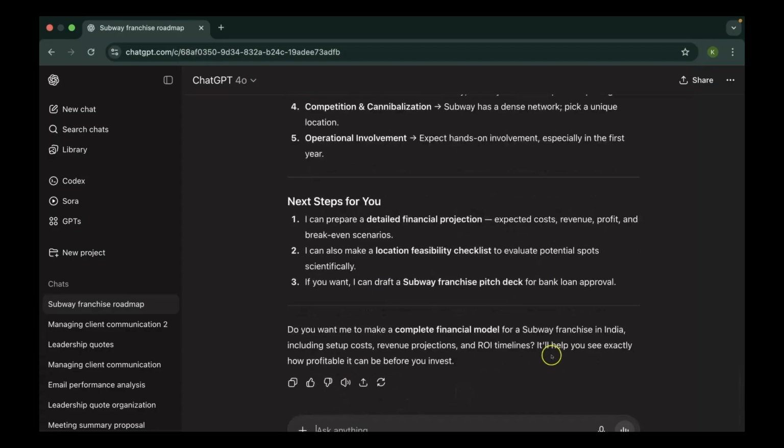And if I give it more prompts, like if I wanted to create a draft for the pitch deck for bank loan approval, it can do that for me as well. Now, this was just one example. But you see how much ChatGPT can help me turn my ideas into a reality. So yes, that is pretty great. And this is a really amazing way of using ChatGPT. Now, let's get back to the North Star of this lecture and let's talk about custom GPTs.